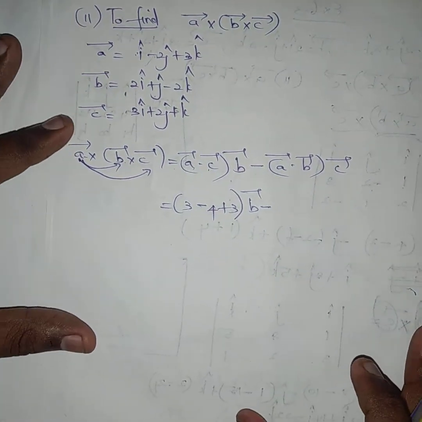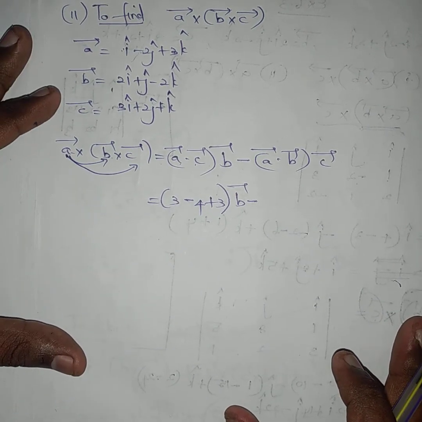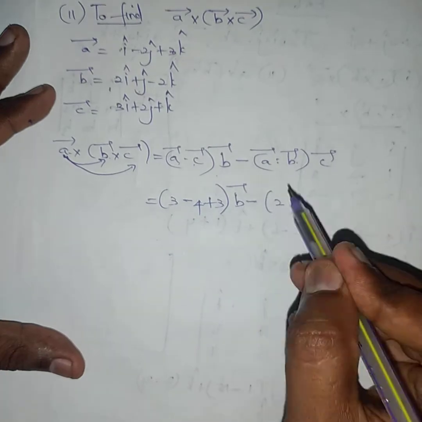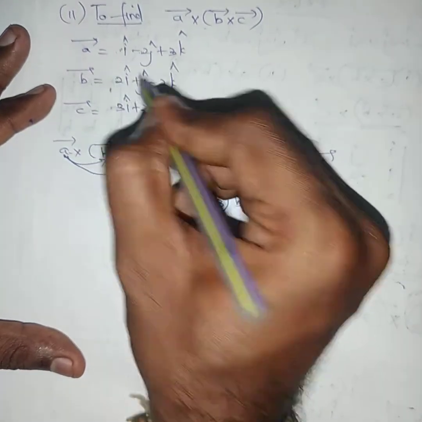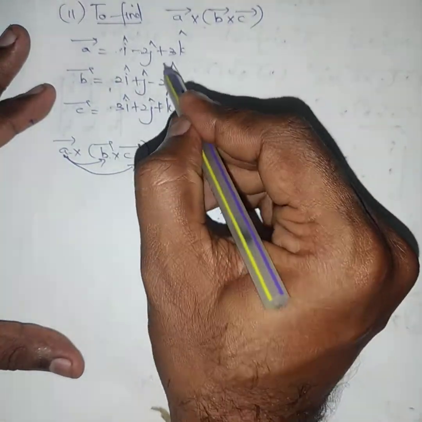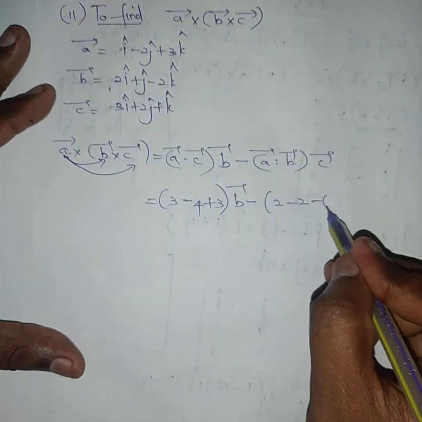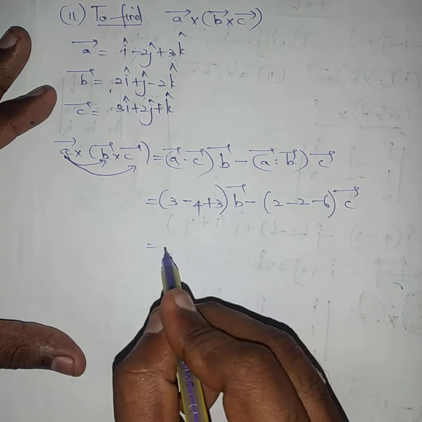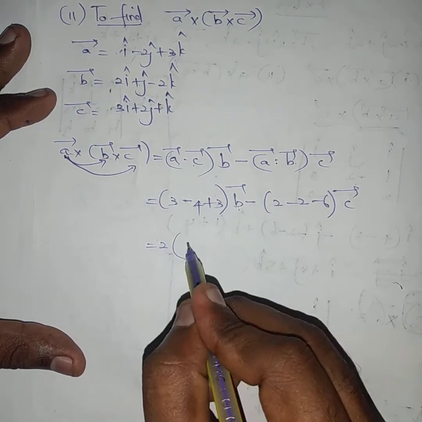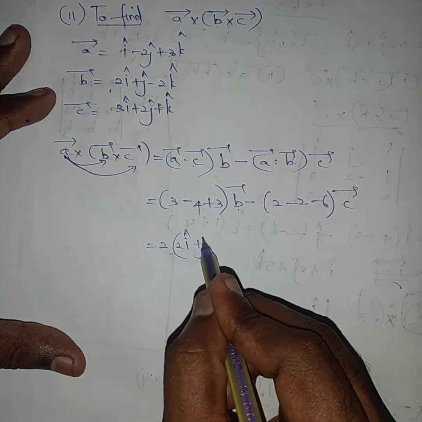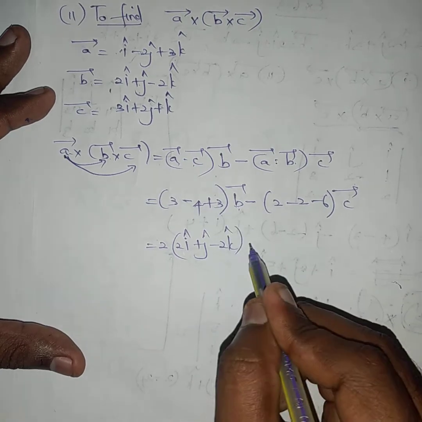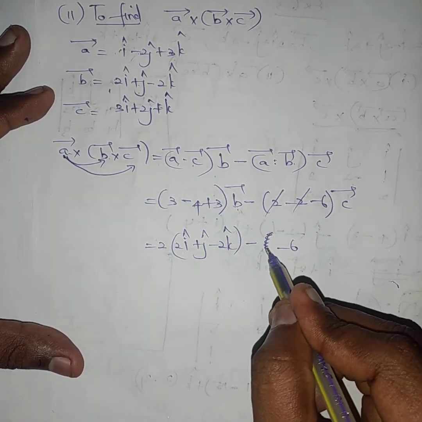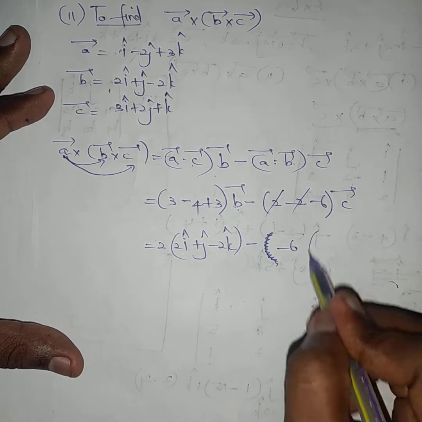Next B vector, we will write afterwards, we don't need to confuse by writing all the things at a time. Minus A dot B: 1 into 2 is 2, 1 into 2 is 2, minus 2 into 1 is minus 2, 3 into 2 is minus 6, minus 6 into C vector. Here 3 plus 3 is 6, 6 minus 4 is 2. Now write B vector. What is B vector? 2i cap plus j cap minus 2k cap, minus plus 2 minus 2 cancel, put minus 6, we don't need to put bracket here, so minus 6, open the bracket.